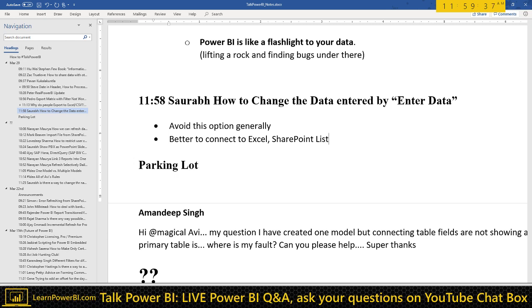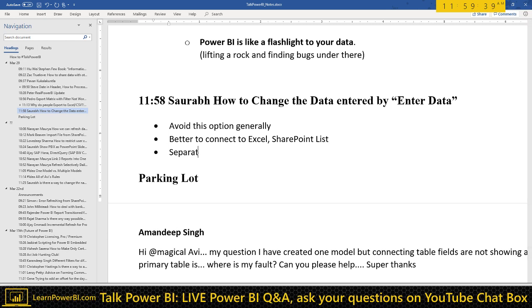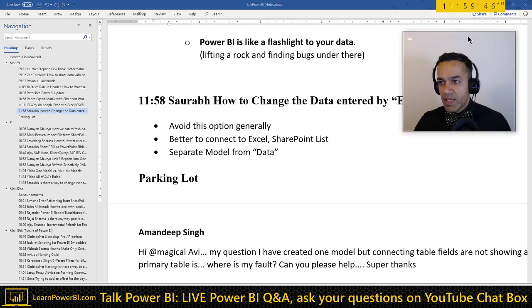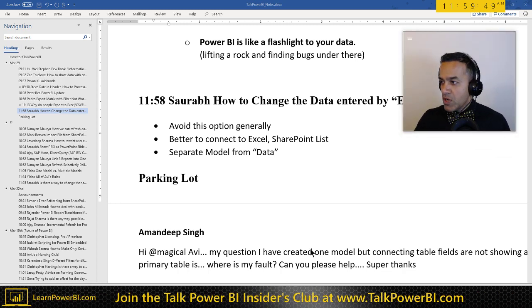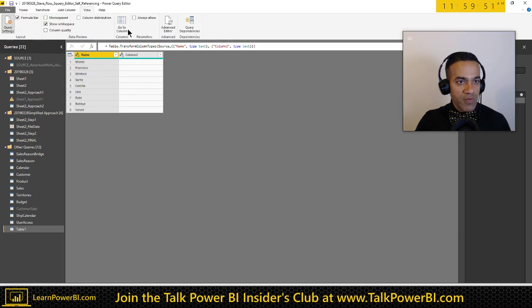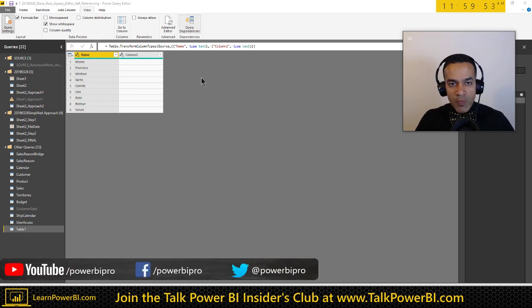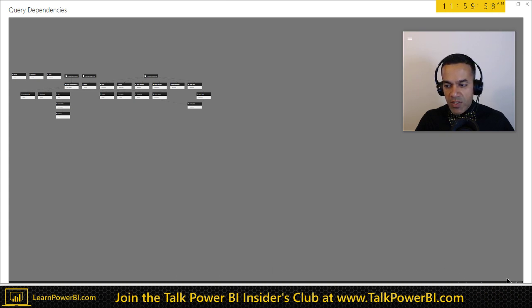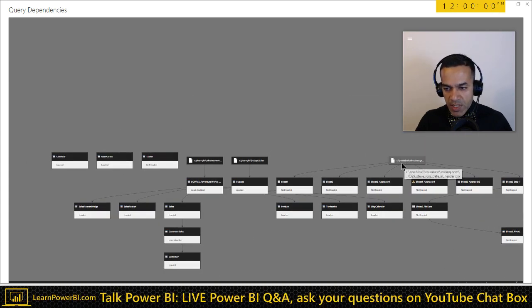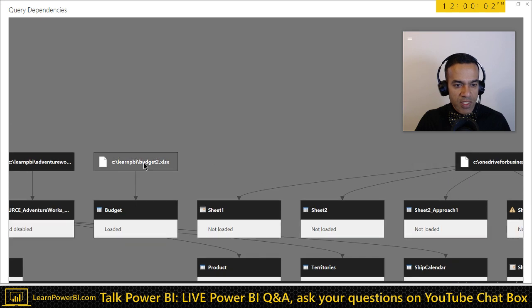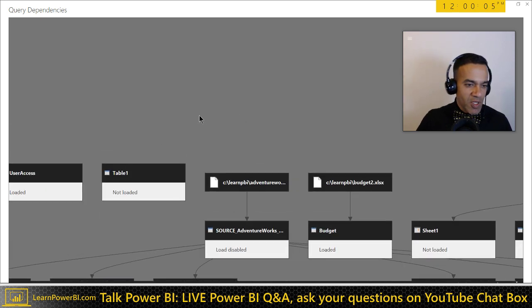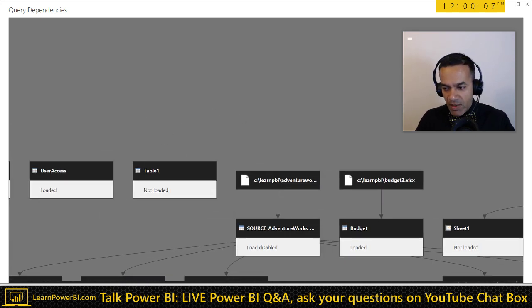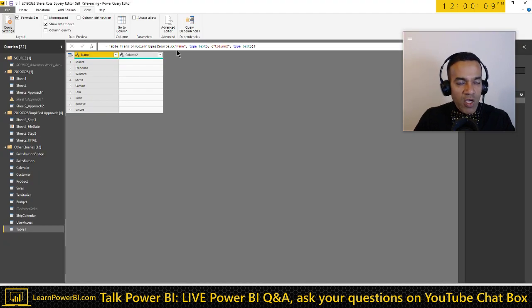Why? Because you want to separate model from data. So normally a model doesn't have any data, right? It doesn't have data of its own. We connect to a whole bunch of sources. And of course, if you go into the query editor and look at query dependencies view, or you look at your data sources, it's going to show you all the sources, right? So these are all the stuff that show up at the top. So there's this guy I'm connecting to, this guy, and if there are SQL servers, you can connect to 50 different sources. I don't really care, right? Whatever your model is, whatever your needs are. So those are the data sources.